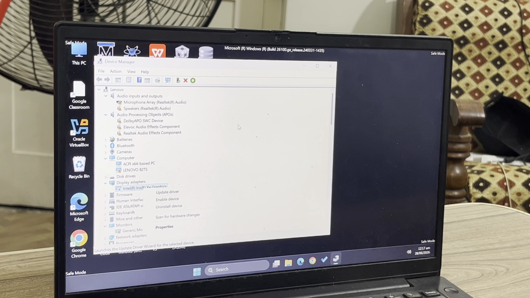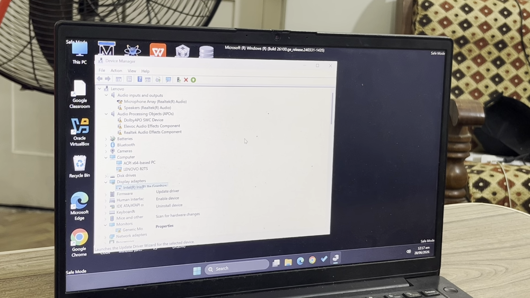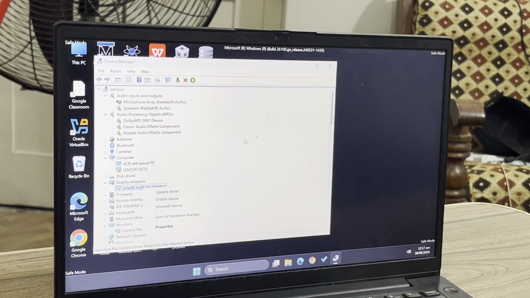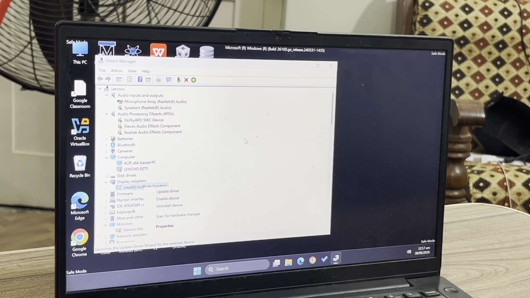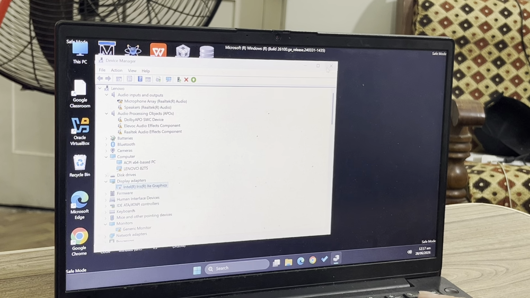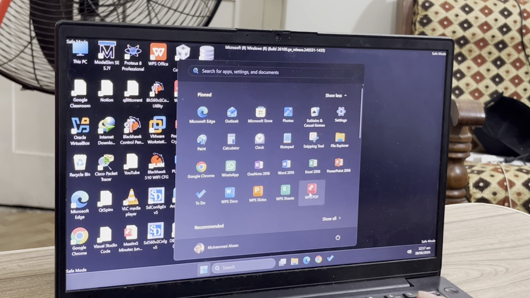Now what you have to do is restart your PC, and then install the corrected drivers or the latest driver. For example, for my Lenovo, I can install the latest driver, but that is still not working for me. Basically, I have a hardware issue right now. If you have a software issue, I would also show you how to fix it. So I have disabled this driver. Now what I can do is restart my computer,